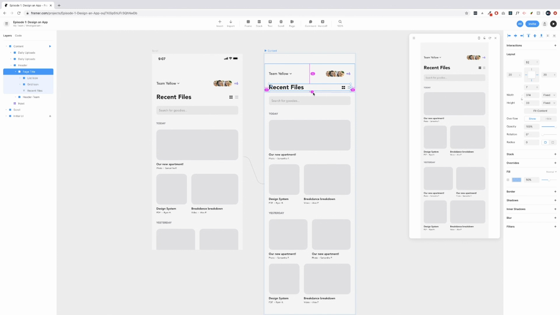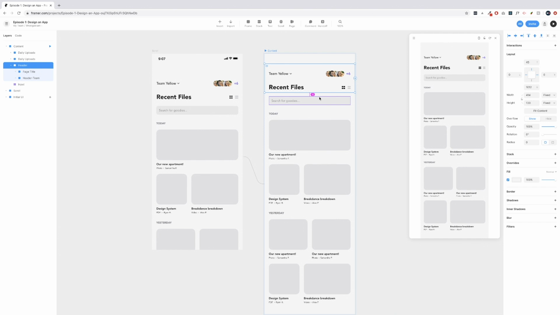If you want to adjust it to where it's pixel perfect, we'll actually need to increase the height to 133, just because the height of the recent files isn't 32 pixels, it's 33, and that comes back to the Avenir line height. So let's adjust this to where it's 32 pixels, and then this is 32 pixels, and the bottom is 8 pixels, making sure that this is still 16 pixels from the search bar. So you can see that